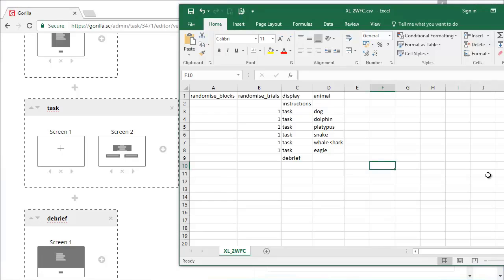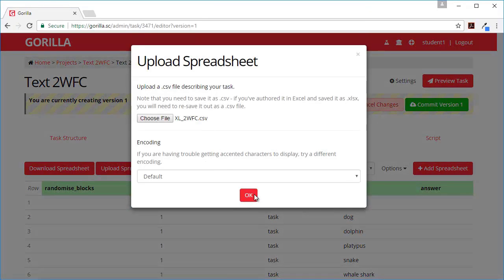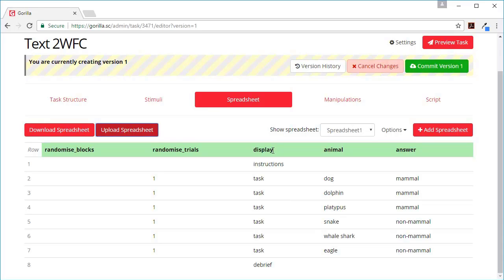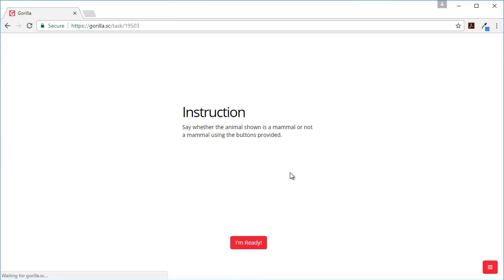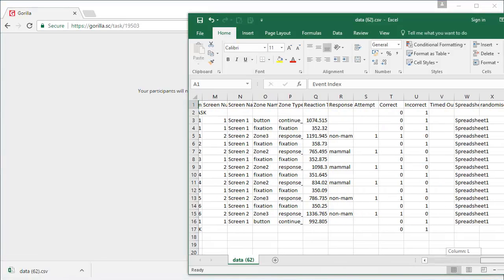Let's go back to our spreadsheet. We now have a column called answer, and the correct answer here is mammal. So those are through now. Let's have a go. And here you go.